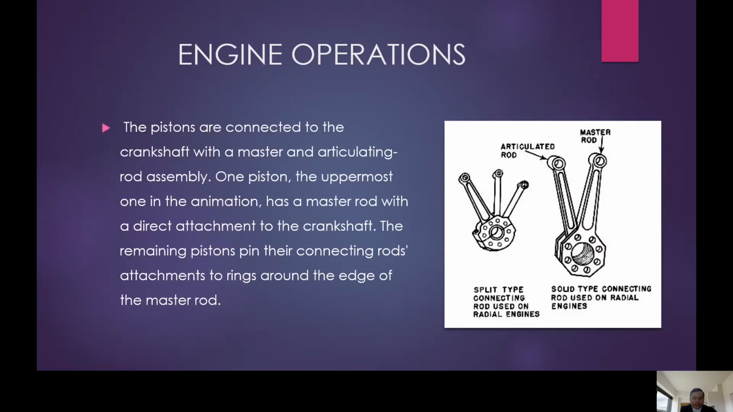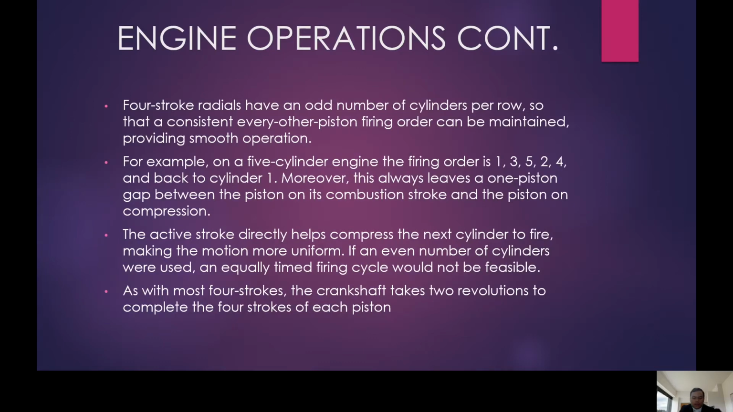Okay, engine operation. So the pistons are connected to the crankshaft with a master and articulating rod assembly. One piston, the uppermost one in the animation, has a master rod with a direct attachment to the crankshaft. The remaining pistons pin their connecting rod attachment to a ring around the edge of the master rod. Okay, the next part is